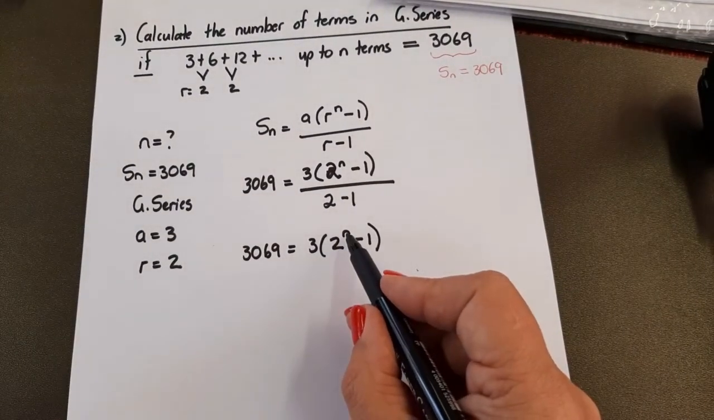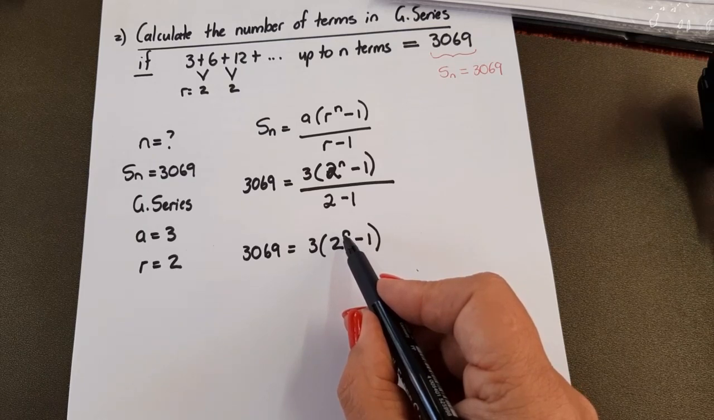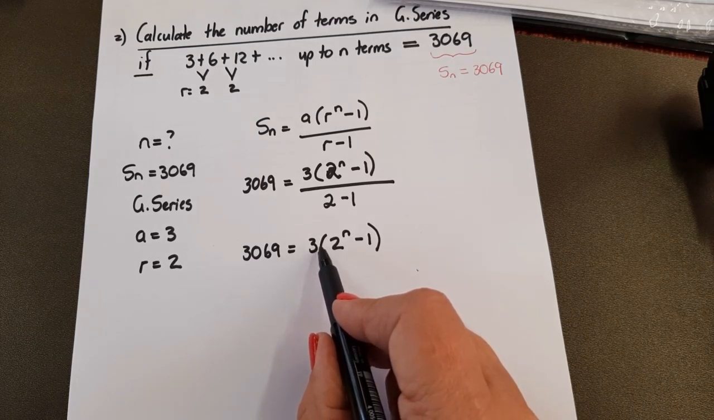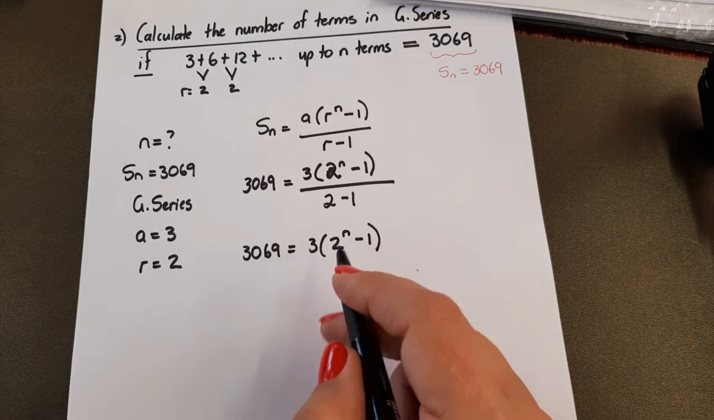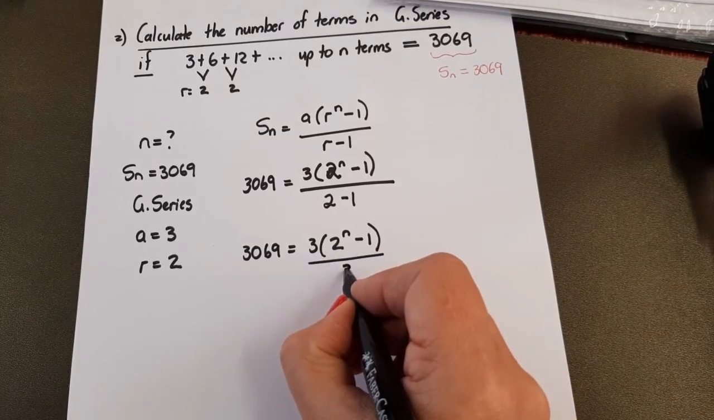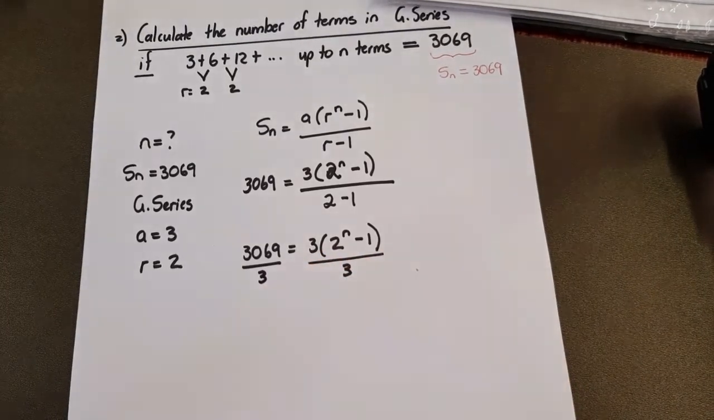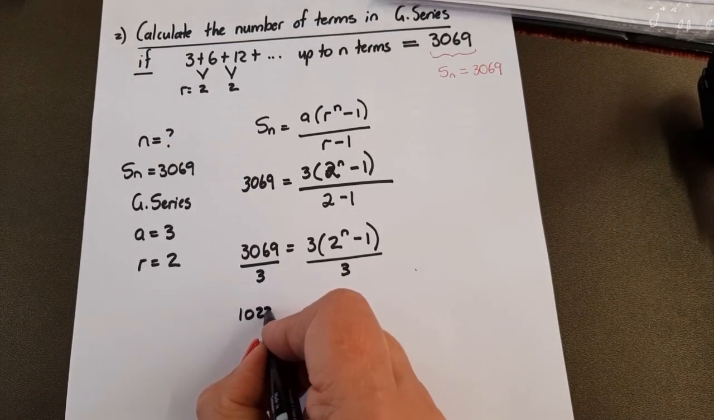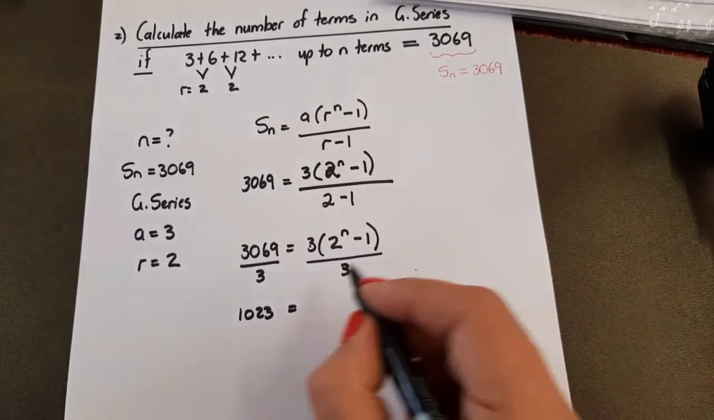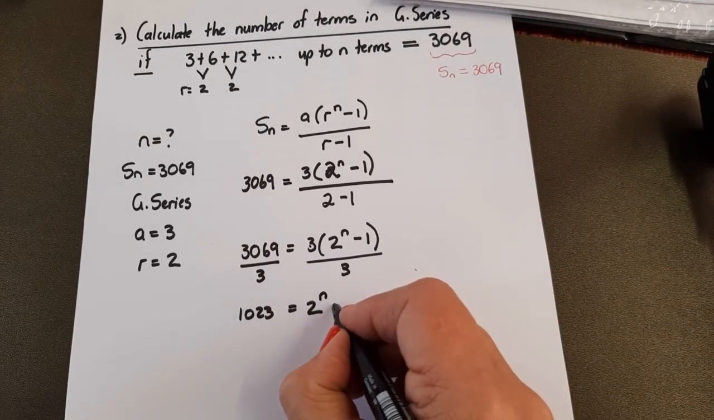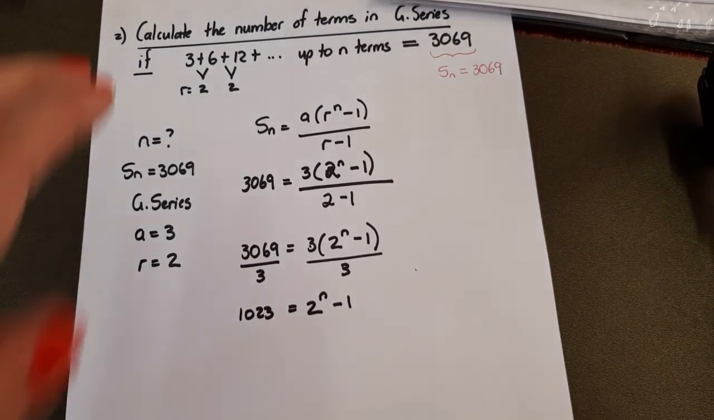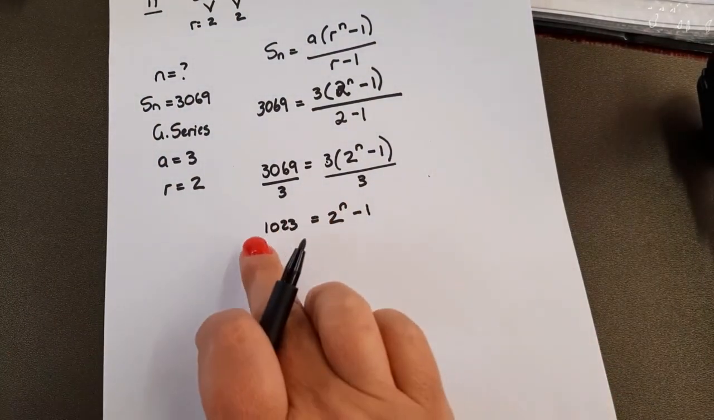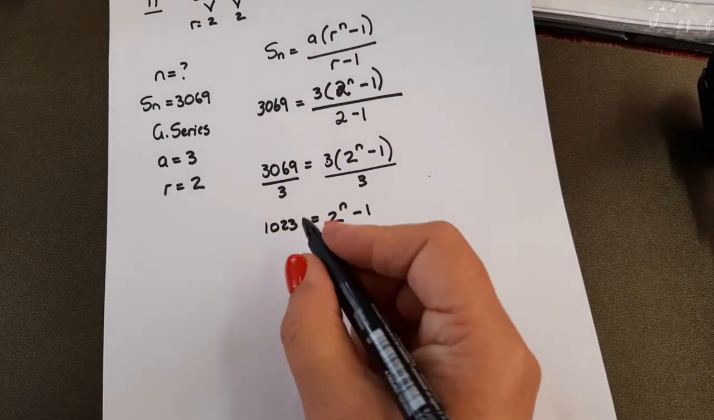Okay, in order to get n alone, I have to get rid of this 3 first. The 3 is multiplied with the bracket, so the inverse operation will be to divide by 3, but you have to do it on both sides. This divided by 3 gives me 1023. The 3's cancel out and you are left with 2 to the power of n minus 1. Now we're going to take the minus 1 over to the left hand side, so it becomes a plus 1. And you get